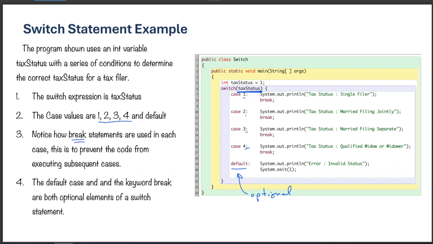Third, notice how each statement uses a break. That means after we execute this, it will cause a stop here and leave the switch statement. If I did not have this break, and case 1 were true, then it would print every case after 1 all the way to the end if none of these had breaks. So the break statement is important to stop after that case if that's how you want it to be executed. If you needed it to execute everything that followed, you would leave the break statement out of your switch cases.